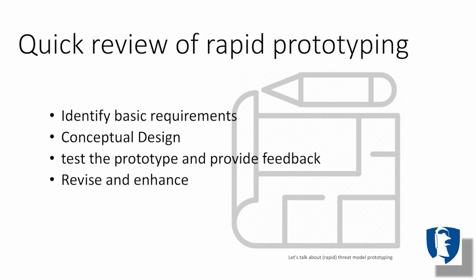So we get to the point of talking about rapid prototyping, because this is where we get the whole threat model rapid prototyping bit. There are 4 points to this. You find out what your basic requirements are. Well, we're going to do that, right? Because generally when you get a team started, you write stories. The stories are going to provide your basic requirements for that sprint.